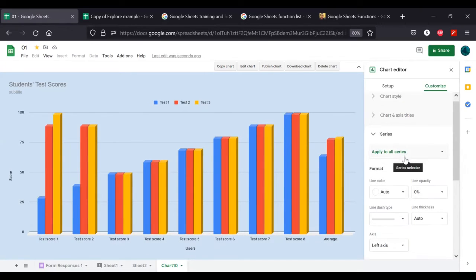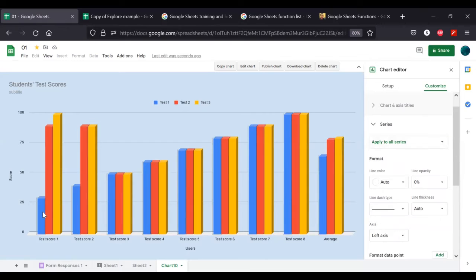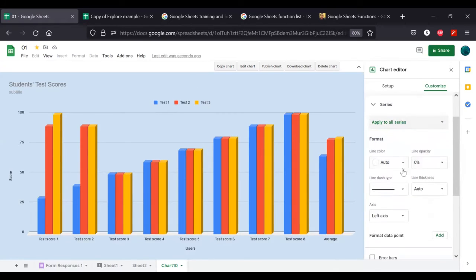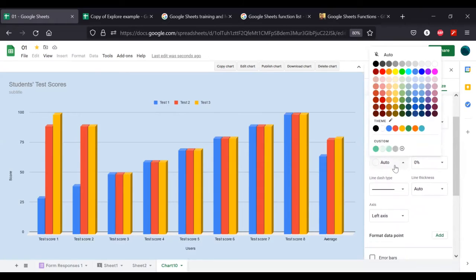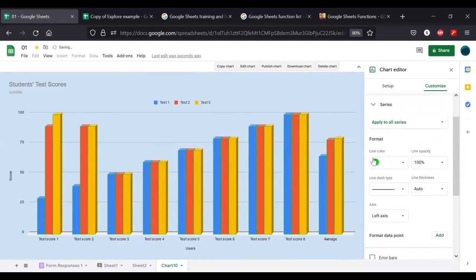So right here, we're gonna click apply to all series. These are settings which you can change to the chart, but right now you can also change it to individual items in the series. But for now, we're just gonna do general settings. Format, you can change the line color. It's auto with a no line color, but you can change it to green or whatever color you want. See how there's a line surrounding each of the bars. Change the opacity, which is basically the transparency, and the line dash type, line thickness, and the axis, which would